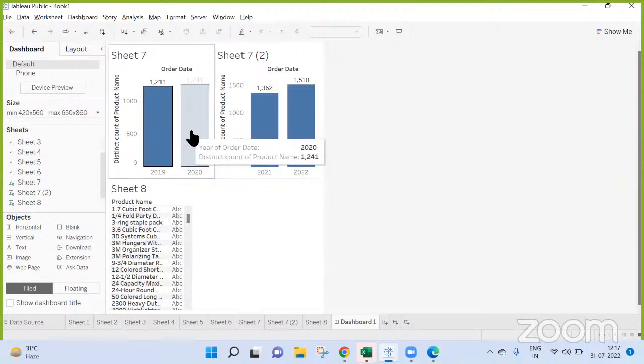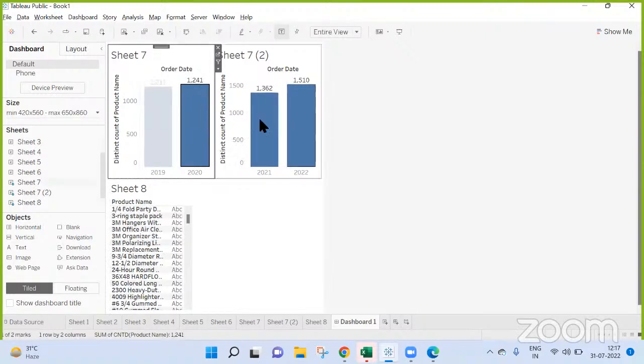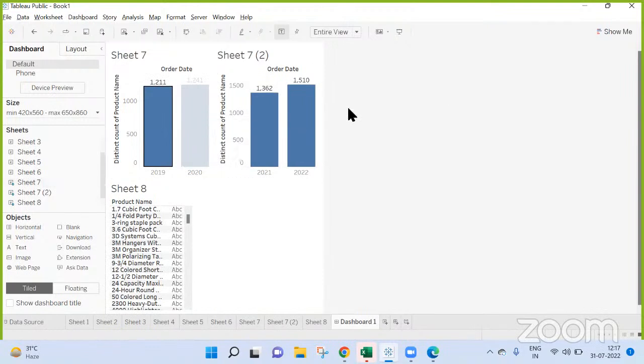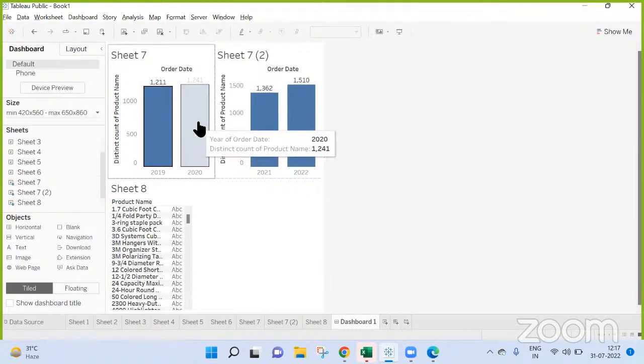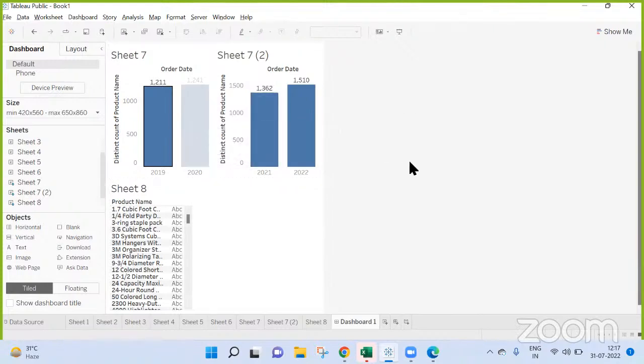Because the problem is we are not able to understand. It's not easy to picturize what you are saying, right? Yeah, I will ping you my data set and the pictures on WhatsApp. My point is, if you can mimic that in your Superstore data, it will be very helpful, because the same dates are present here, right?